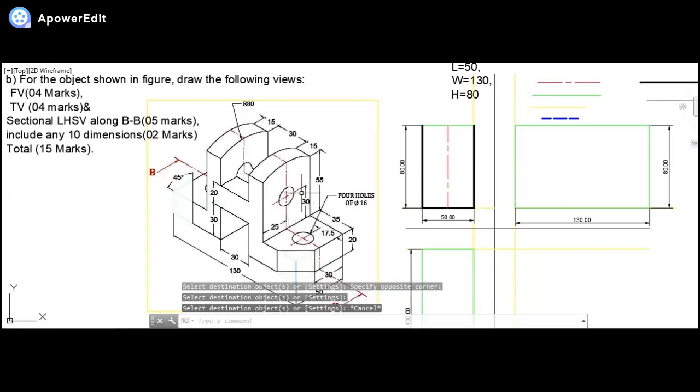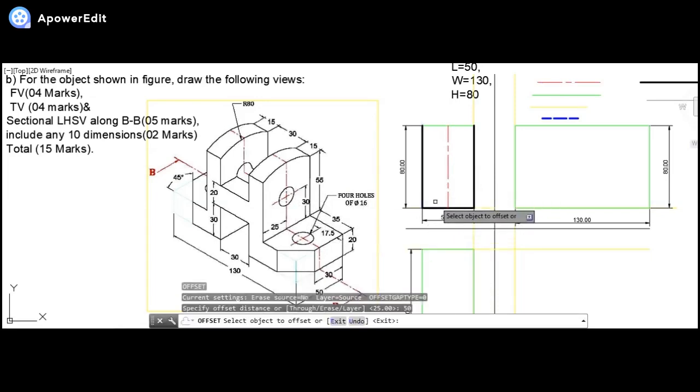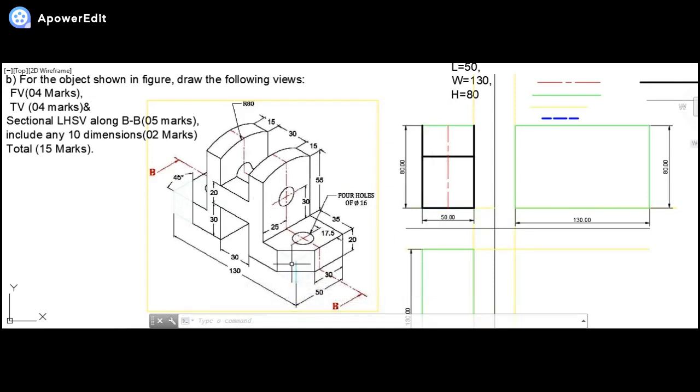Now from the bottom, 30 plus 20, it will be 50. So it is over here, okay. Just for a quick recap, the length is 50. How is the length 50? From here, this extreme until here, it is 50. That is why the length over here is 50. Height we can see this is 20, this is 55. But last but not the least, 20 plus 55 is 75. We can see 5 more mm is extended up. That is why the height is 80. Why so? Because already the radius of the upper part given is 80. That is why the overall height is 80.